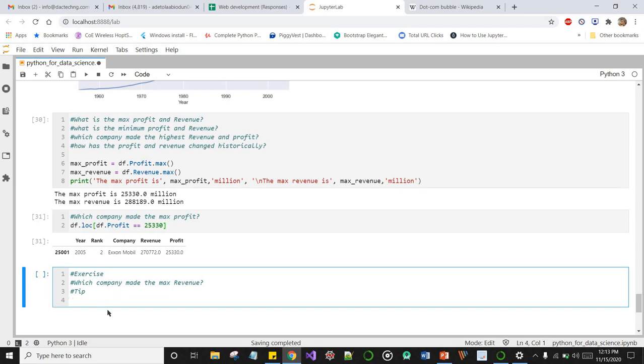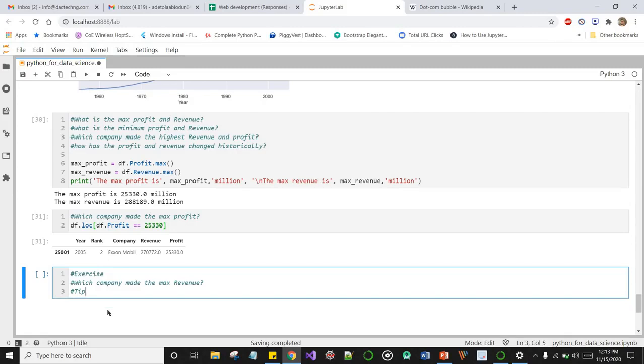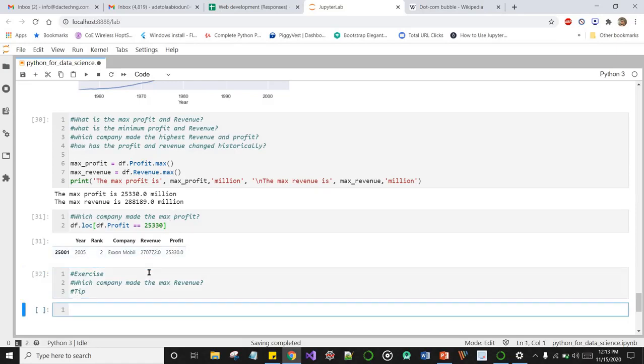So just use loc, and just pass dataframe.revenue, the dataframe.revenue column, and you compare the value with 288,189 million. So you just do that as an exercise in just 1 minute, and let me know what your answer is.